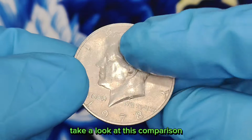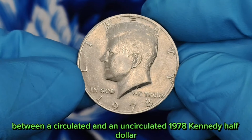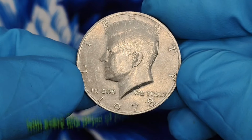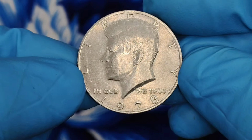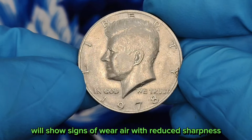Take a look at this comparison between a circulated and an uncirculated 1978 Kennedy half-dollar. The uncirculated coin retains its original luster, with every fine detail of President Kennedy's portrait and the eagle on the reverse clearly visible. A circulated coin, on the other hand, will show signs of wear with reduced sharpness and...